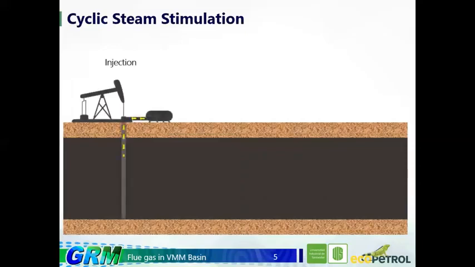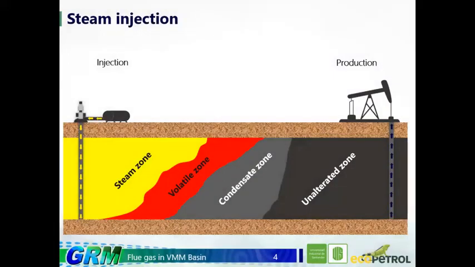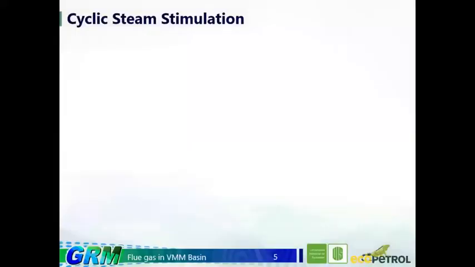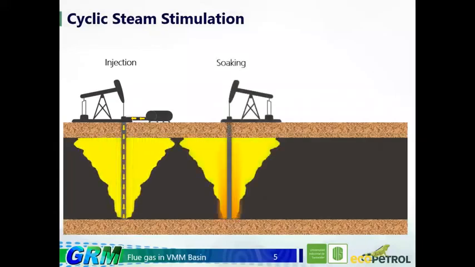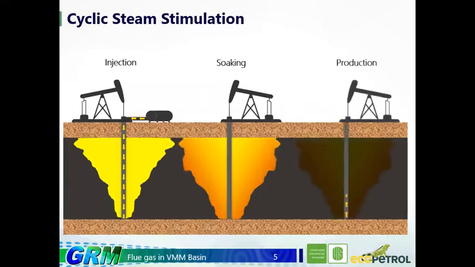This representation is for a steam drive, when the steam injection is done in a continuous way, but not all reservoirs can be subjected to this process from the beginning. So one of them has to have a stimulation called cyclic steam stimulation. In this type of stimulation, there is a well in which all three processes are carried out. The first stage is the injection process, when steam is injected into the reservoir for